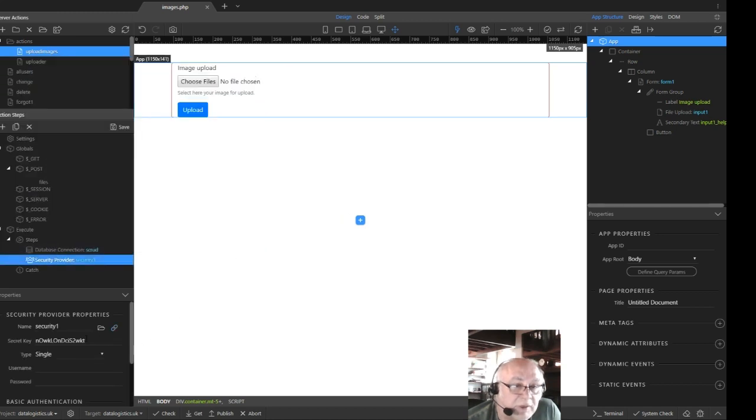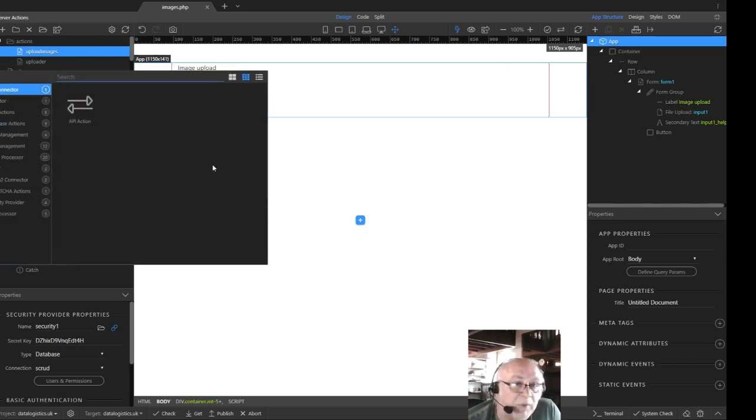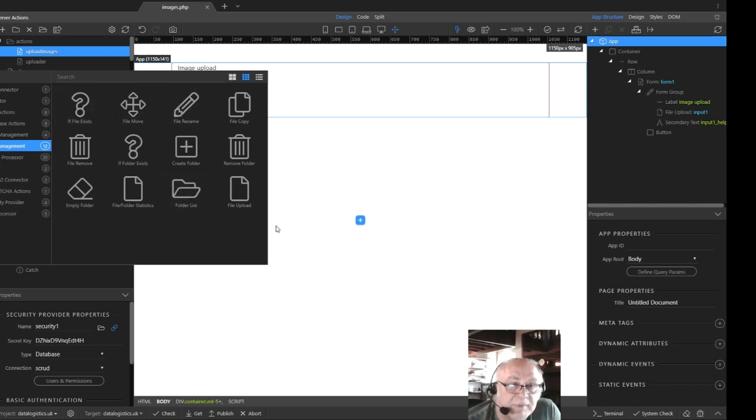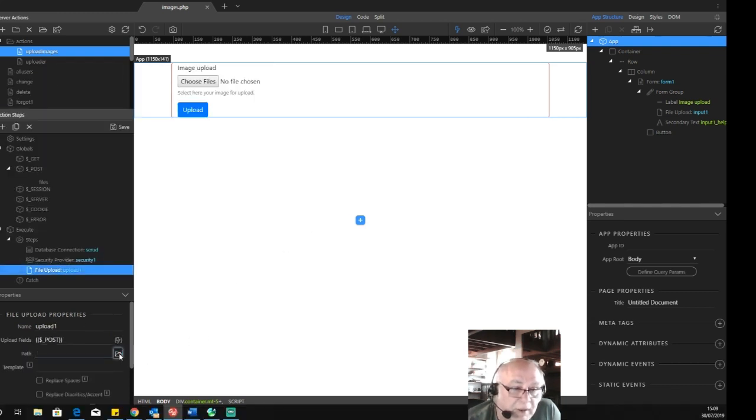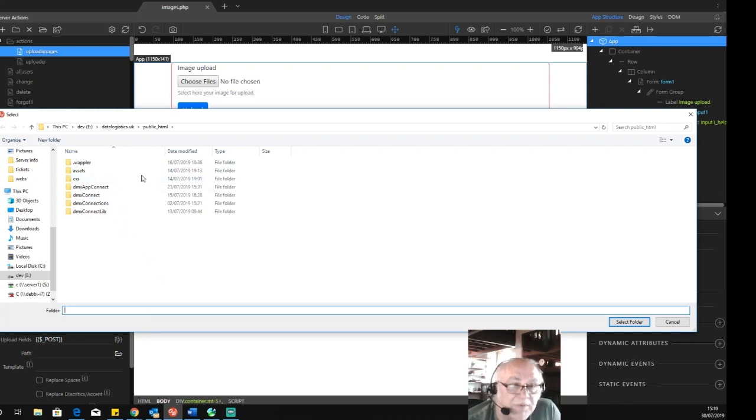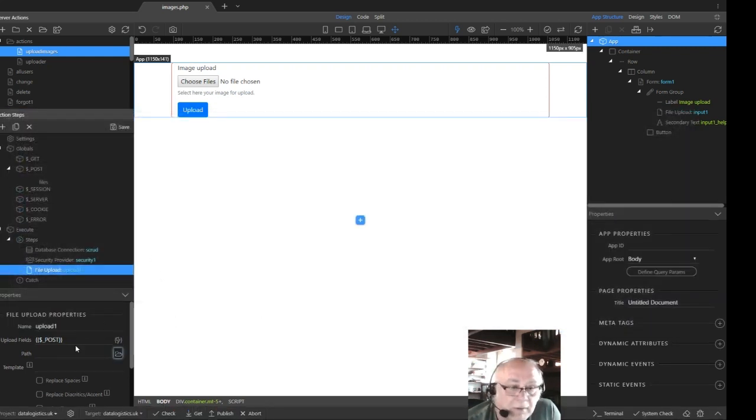So our security provider, and our security is just called security 1. And now we're going to have to perform that upload action. So in file management, file upload, and we're going to give it a path of user files,